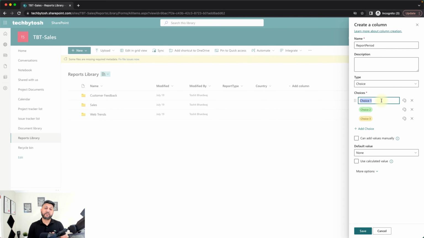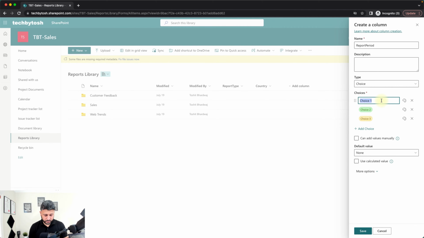But if you are going to have multiple reporting periods, I would suggest creating a separate list for reporting periods where you can list all of those reporting periods. For example, January 2023, February 23, or January 2022, you can have all of those created, and someone from your team can actually manage that list to add more values for different reporting